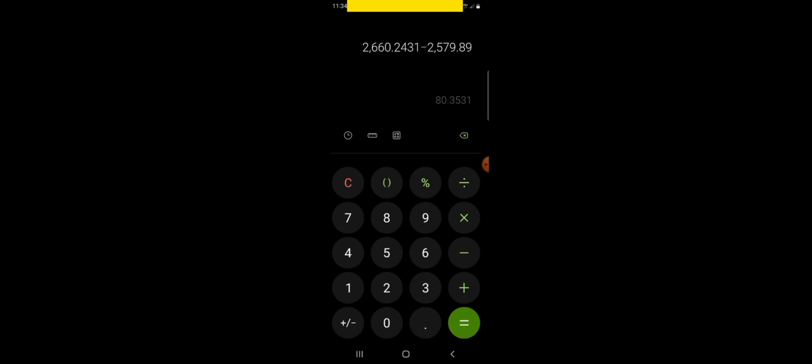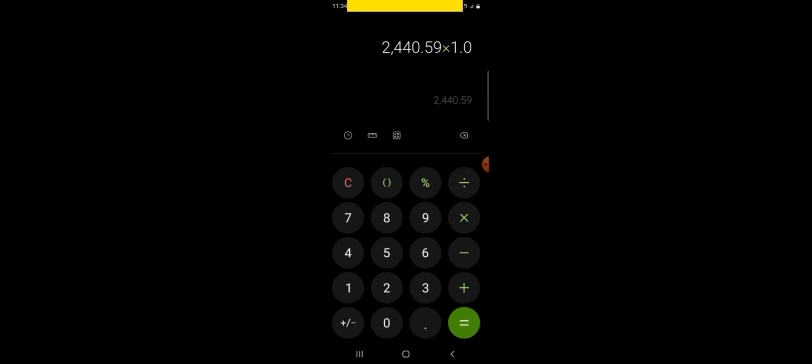But let me try this instead. So let me clear this and put this. So instead, let me try 1.099 and see the profits that I'm going to make. So I have 2579.89. All right, this is perfect. So I have 102.31.